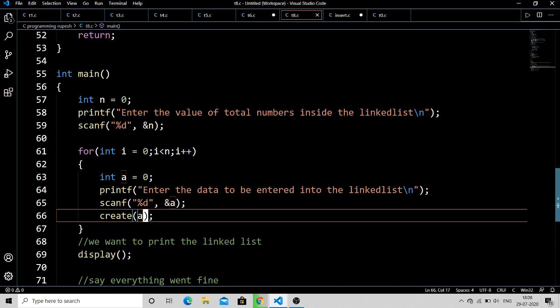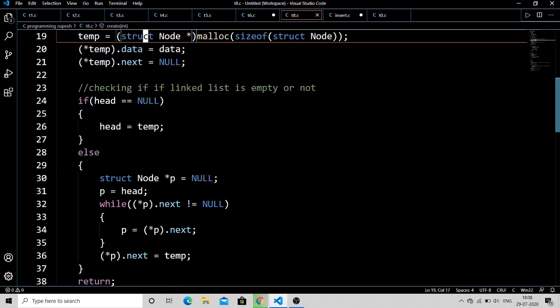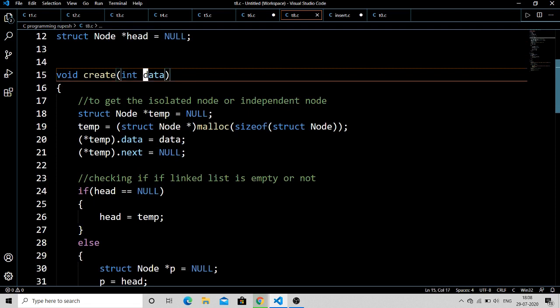Once you call this function from line number 66, it will go to this function on line number 15. As this function is not going to return anything, this is a void function. After the function name, I have copied the value of a, which is the actual data, into another variable which is local to the function, whose name is data.